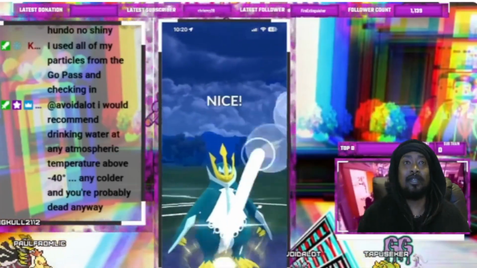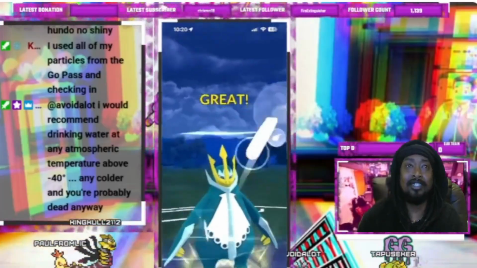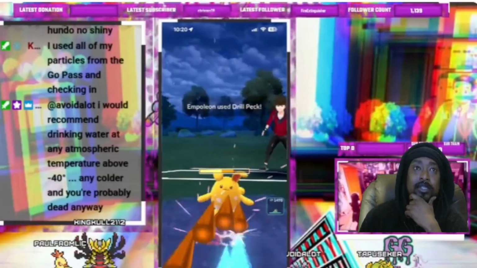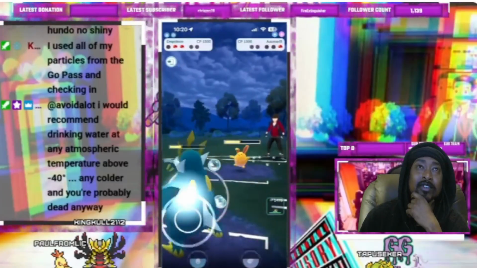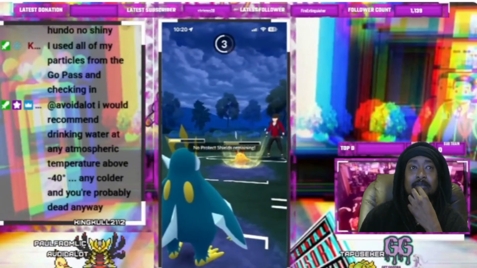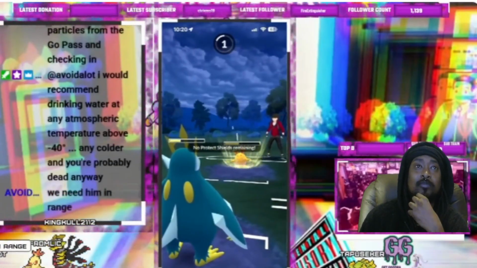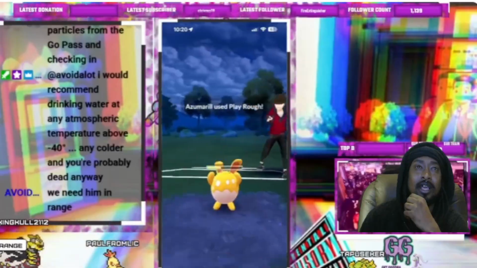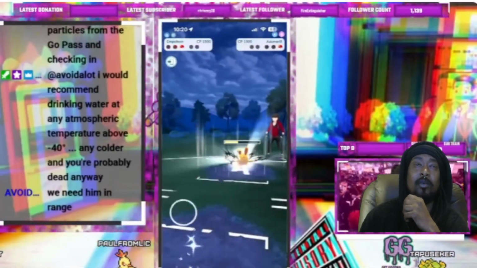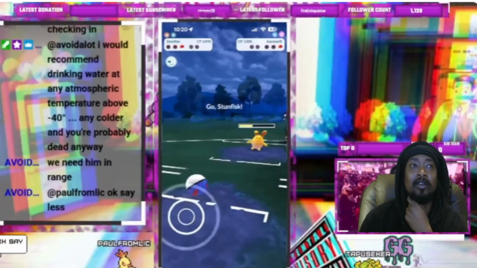So we send a drill peck into this bulky, bulky, bulky beast. Nice shiny Azu, by the way, trainer. And yeah, we land a drill peck. It is a 1500 CP shiny Azu. Pretty nice. Now we will see what this opponent wants to throw. It ends up throwing a play rough, which is just enough to take. Oh, okay. We were just about to. We need a DRE,